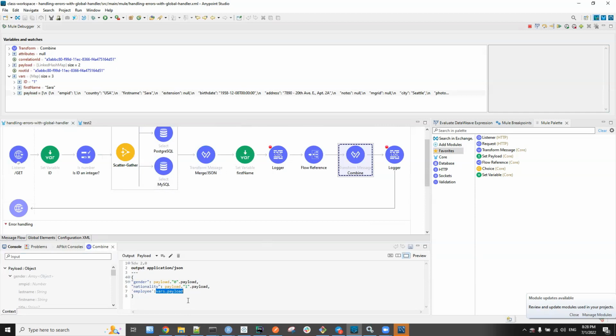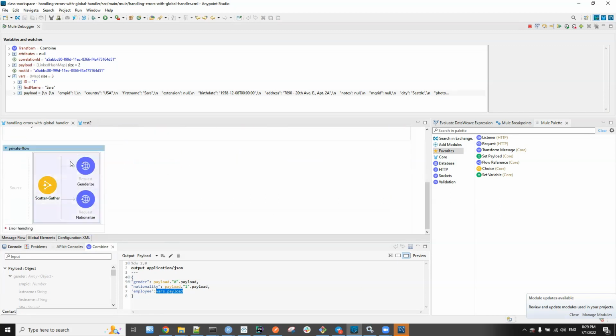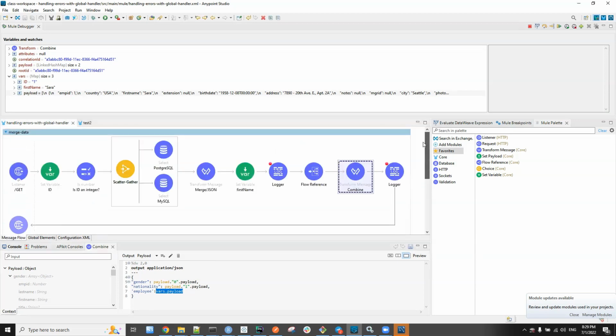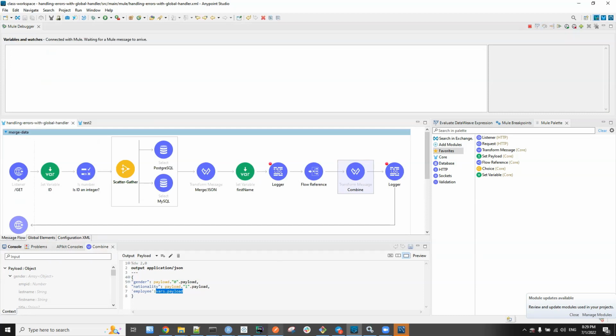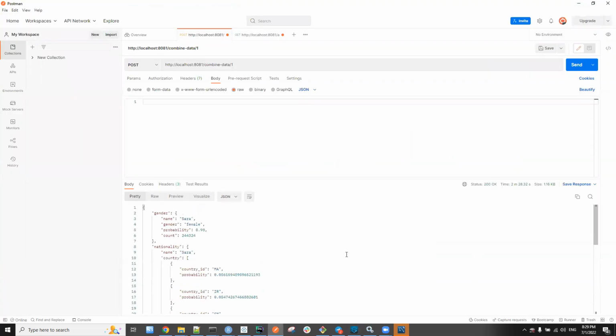And our original payload, we have saved it as a variable, and the variable name is payload. So vars.payload here will give us the result from the first scatter gather. And payload's actual payload is what gets returned from this one. So now if I just click continue and come here, it gives me this data.